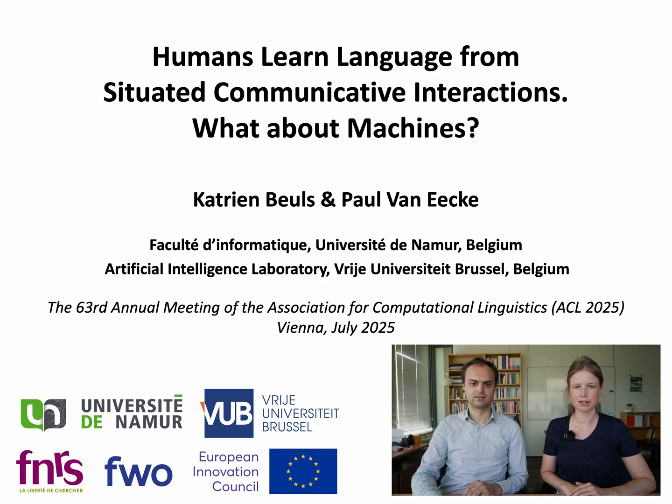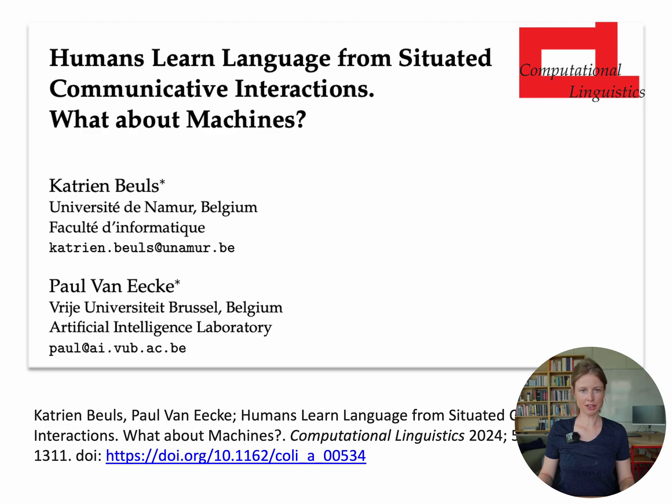What about machines? Our article investigates the differences between language acquisition in humans and in machines. It discusses the consequences of these differences and makes a case for an alternative approach that models how artificial agents can acquire linguistic structures in a more human-like manner. Through a selection of experiments, we show that the linguistic knowledge that is captured in the resulting models is of a fundamentally different nature, and argue that this change of perspective provides a promising path towards more human-like language learning